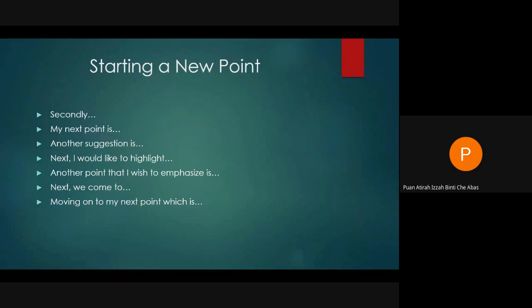So you can use secondly, or my next point is, or another suggestion is, or next, I would like to highlight, or another point that I wish to emphasize is, or next we come to, or moving on to my next point, which is,